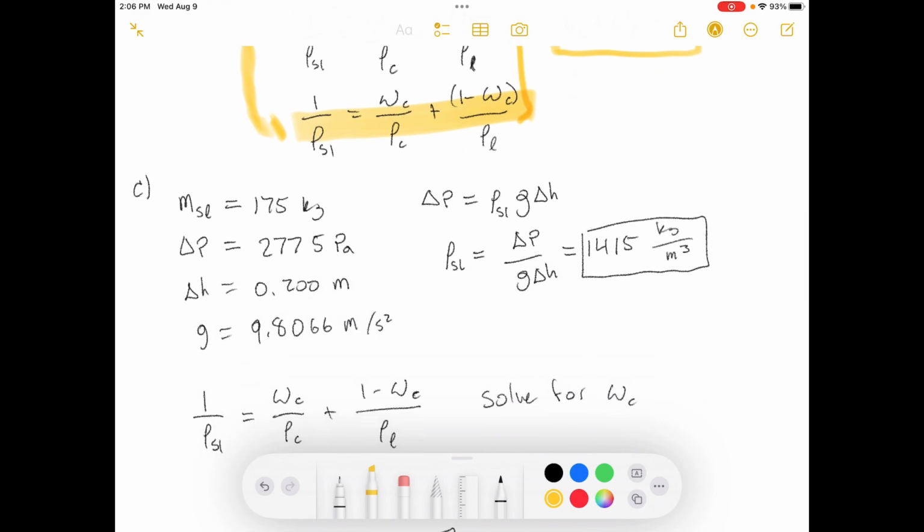Suppose 175 kilograms of the slurry is placed in the sample container with H equals 0.2 meters and a transducer reading delta P equals 2,775 pascals is obtained. Calculate 1. The density of the slurry, 2. The weight fraction of the crystal, 3. The total slurry volume, 4. The mass of crystals in the slurry,